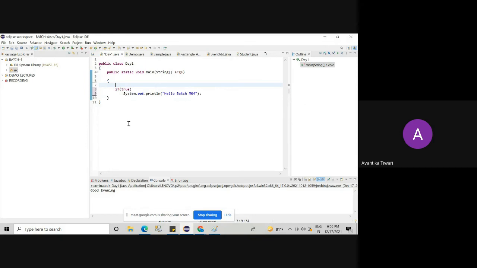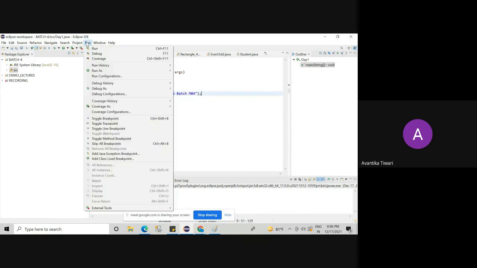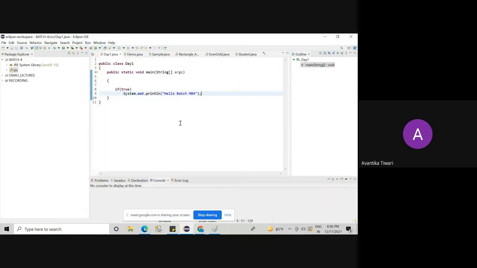Then I am not using curly braces also. So what it will do is, it will execute and it will write hello batch M04. So that means it is valid code. We can skip the else part and we can skip curly braces also.